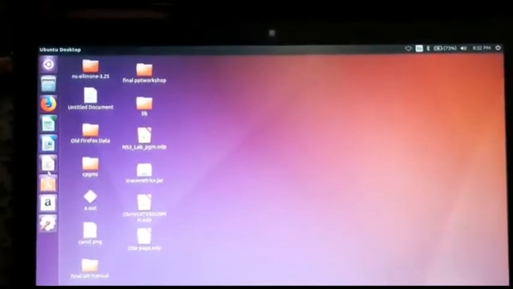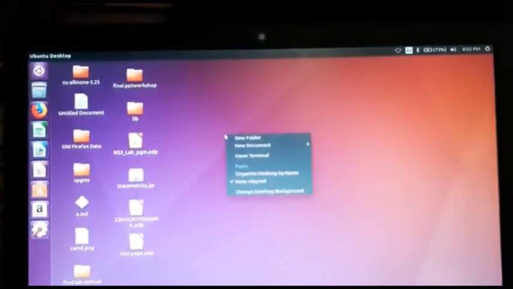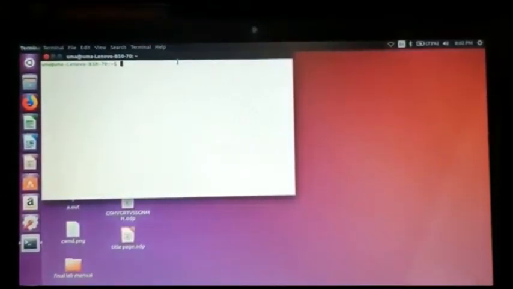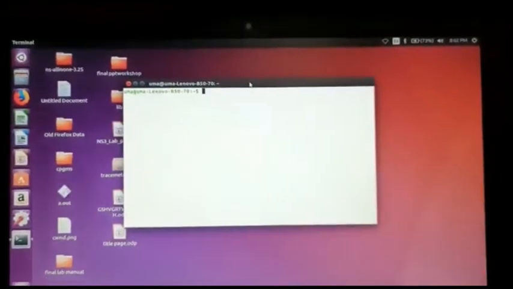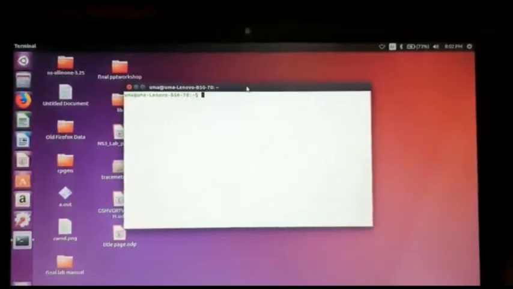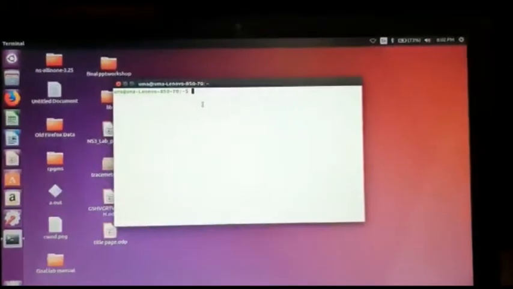Okay, to demonstrate the second type of output, that is trace metrics, again I'll start from scratch, in the sense I'll open a new terminal. You need a separate package known as trace metrics to be installed separately, and I have saved it on my desktop. So I'll just navigate to the desktop.